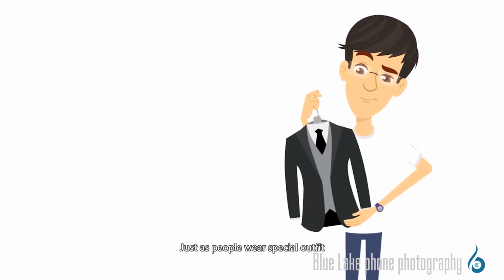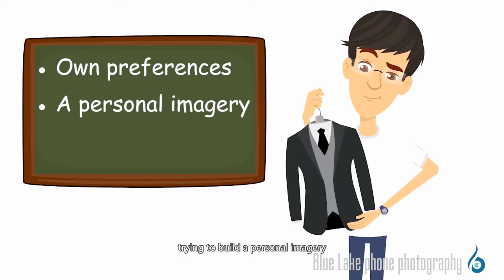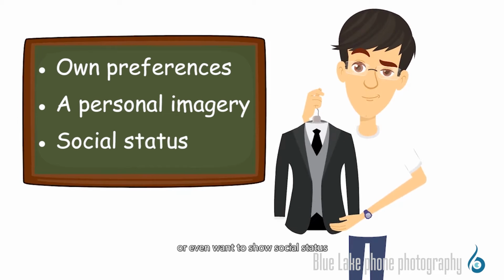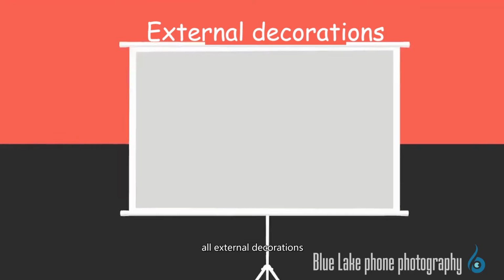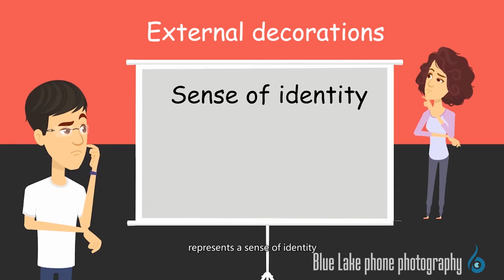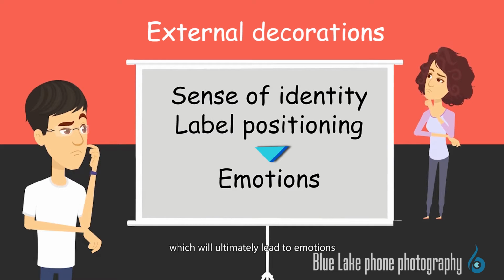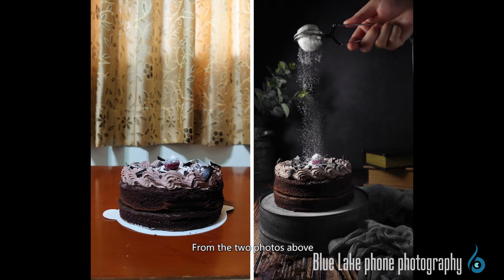Just as people wear special outfits, whether because of their own preferences, trying to build a personal image, or even wanting to show social status, external decorations, whether from their own or other people's view, to some extent represent a sense of identity or even a level of positioning, which will ultimately lead to emotions. From the 2 photos above, we can directly see the difference in the number of objects in the picture. Therefore, the first key point of matching these props when taking photos is to